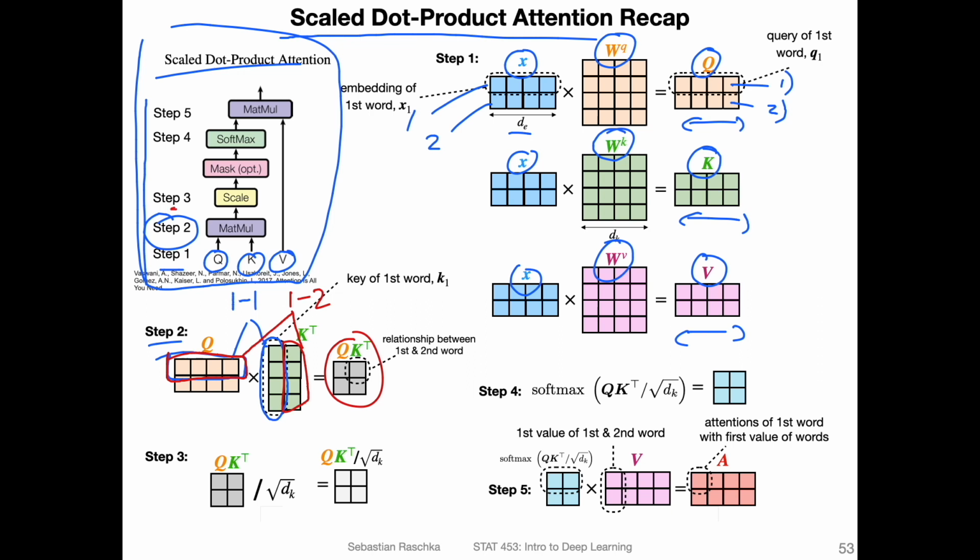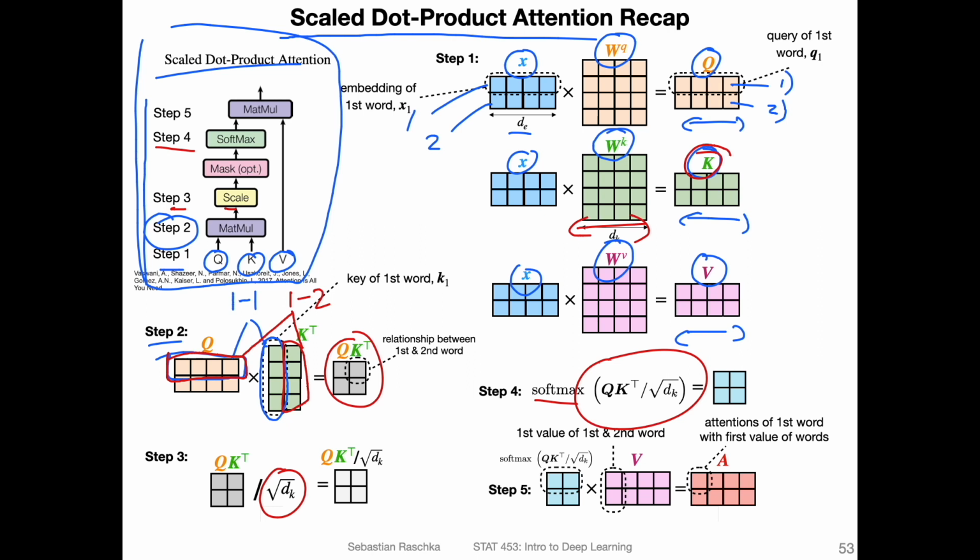Then in step 3 we are scaling. So we are scaling by square root of dk. So dk is the size of the keys here. That is to prevent the softmax from being too sharp, because if we have large dot products, very positive or very negative ones, then we will be at the ends of the softmax having values close to 1 and close to 0, which does result in small gradients. It's not so good for training. Step 4, we then actually apply the softmax. So just calling softmax on that to normalize.